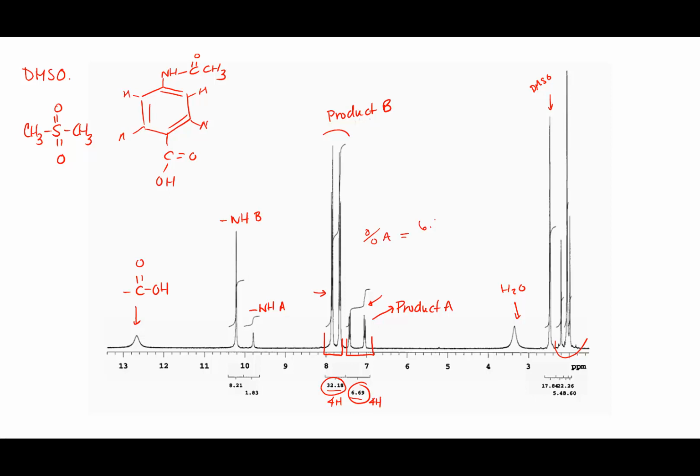So if I want to know the percentage of product A, what I'm going to do is divide 6.69, which is the integration value of the 2 small doublets, by the total of 32.18 plus 6.69, times 100. So in other words, I'm taking the integration of product A and dividing it by the integration of B plus the integration of A, which of course is the total integration. And so if I do that,